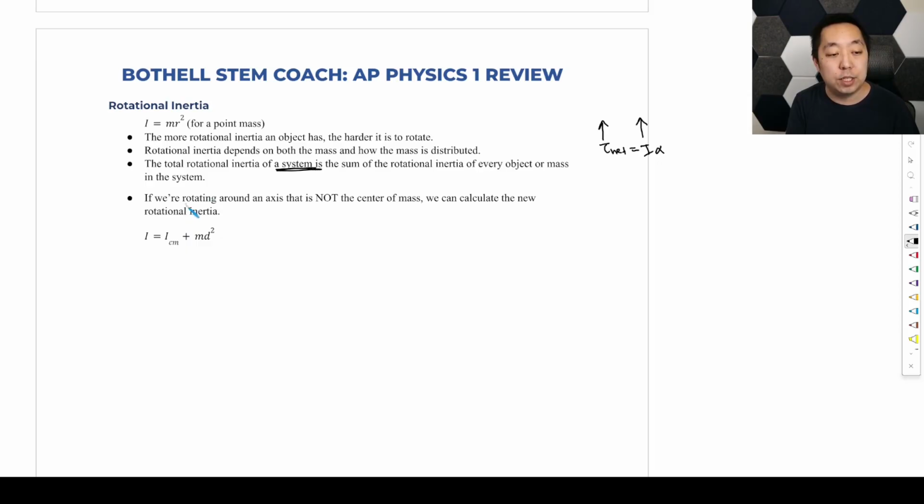The parallel axis theorem says that if you're rotating around an axis that's not the center of mass, then you can calculate the rotational inertia. That means it's always easiest to rotate an object around the center of mass, and if you try to rotate off the center of mass, it's going to be more complicated. The way you do that is you take the rotational inertia through the center of mass and add md squared. D is how far you shifted the axis from the center of mass. So this is the distance from the center of mass